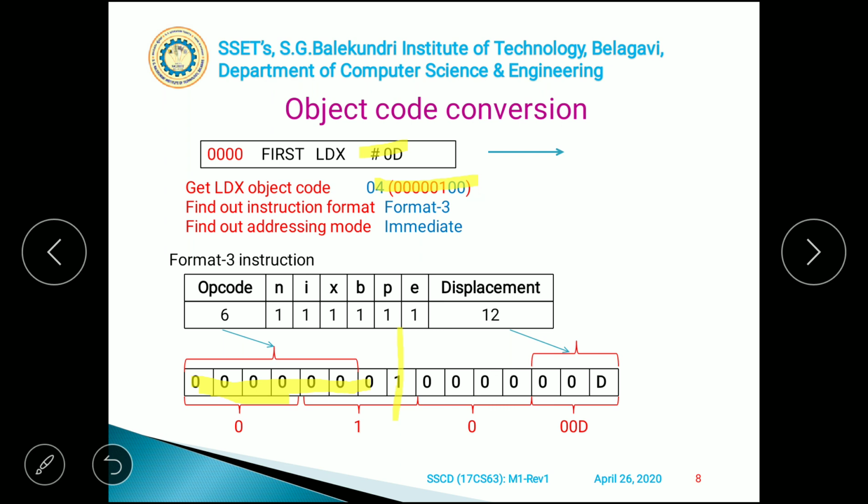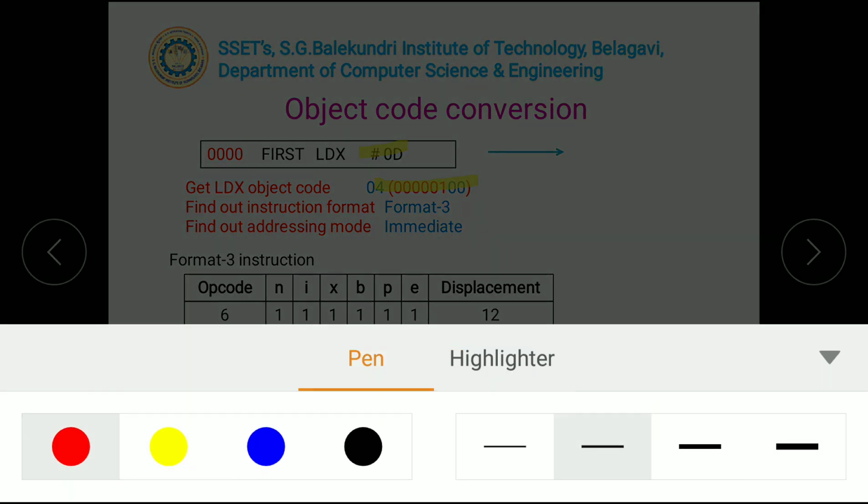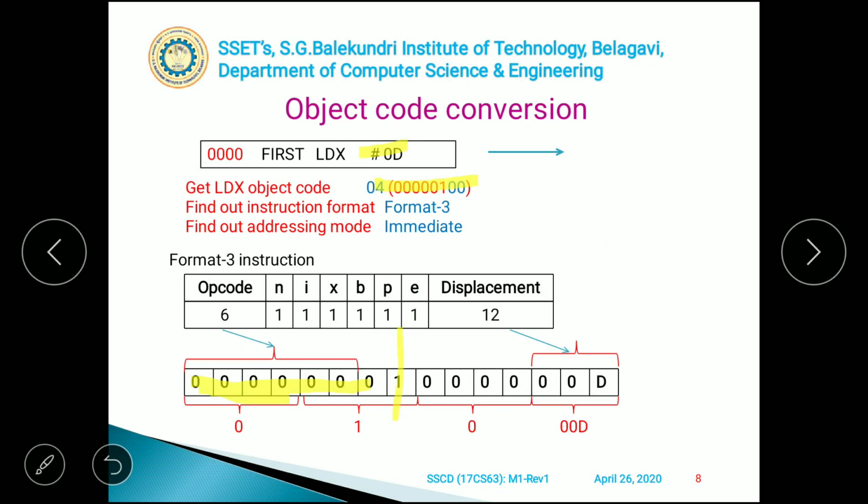See, understand here, since this is an immediate addressing mode, whatever is there in the operand field is going to be directly written as an address. So it means here your address field is 0D. It means that in this 0D, it's not an address, it is a value which is there in the operand. It's there in here 0D, and that 0D we have written.